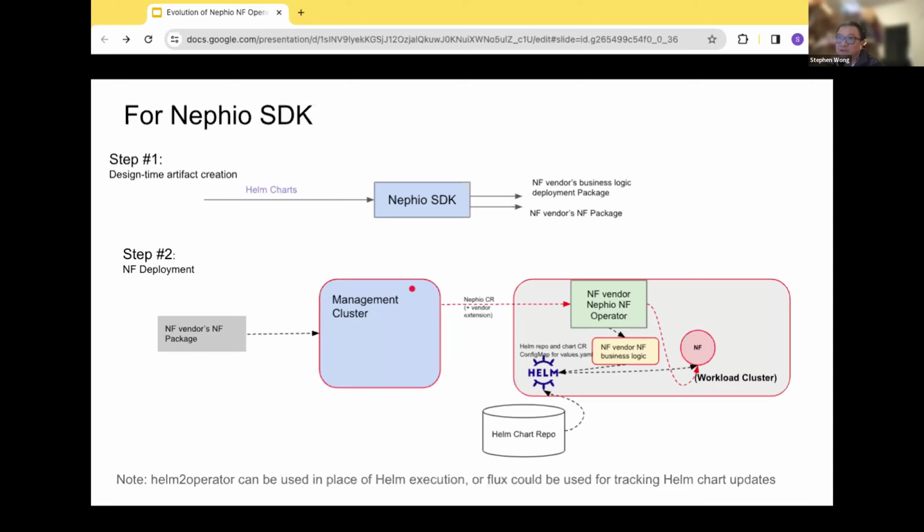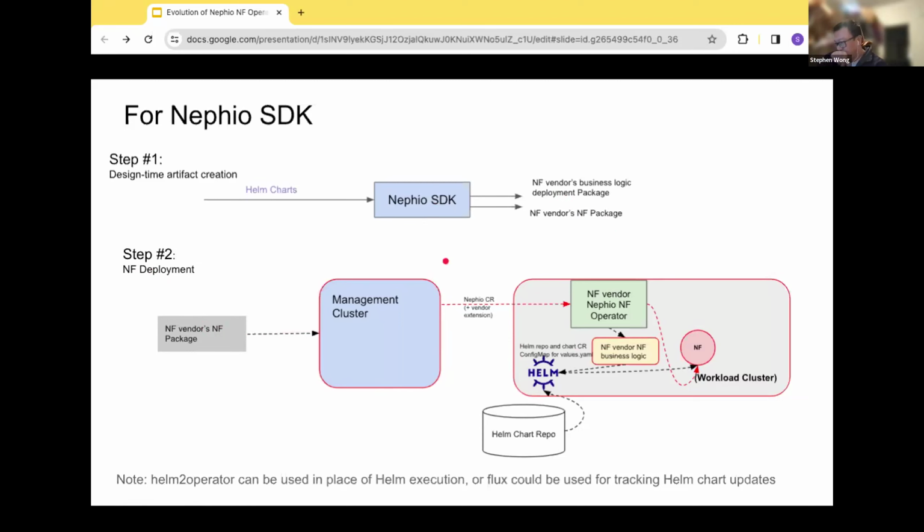So it's still true today anyway. The operators and the workload definitions, the workload packages, are two separate packages even now. So that doesn't change. It's just that the SDK is generating them, and the SDK should be a lot smarter in terms of understanding what the dependencies are and making sure that the package contains those manifests. So when you apply the first one, the cluster would be ready for deployment to happen. And when you load the deployment package, this is the deployment time, this is assuming that the operator package is already in place.